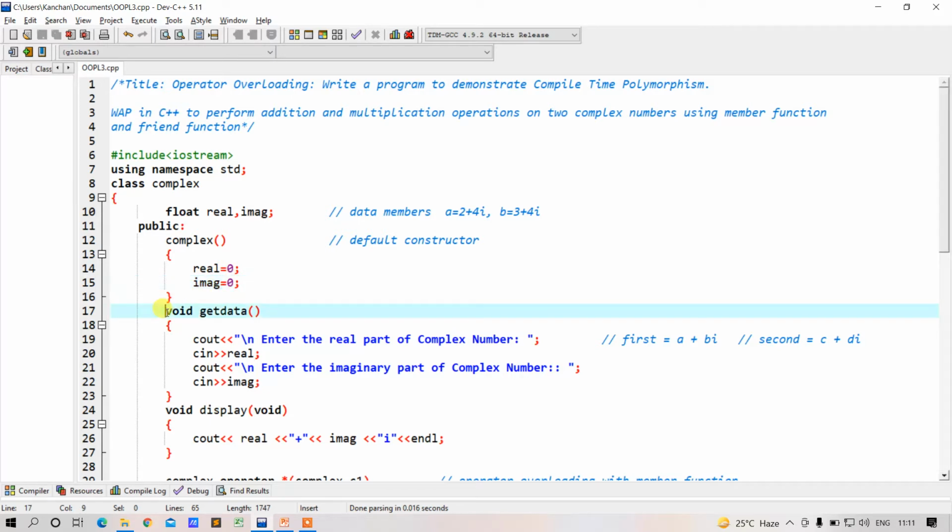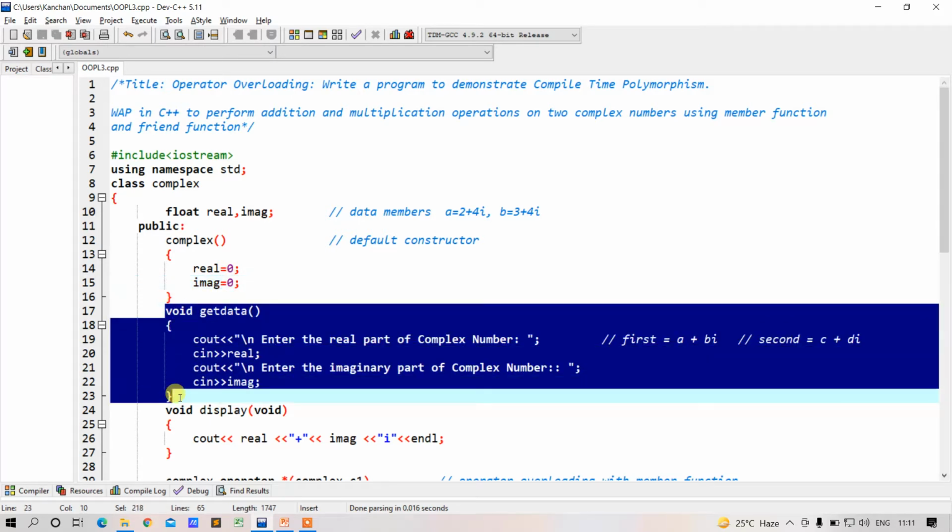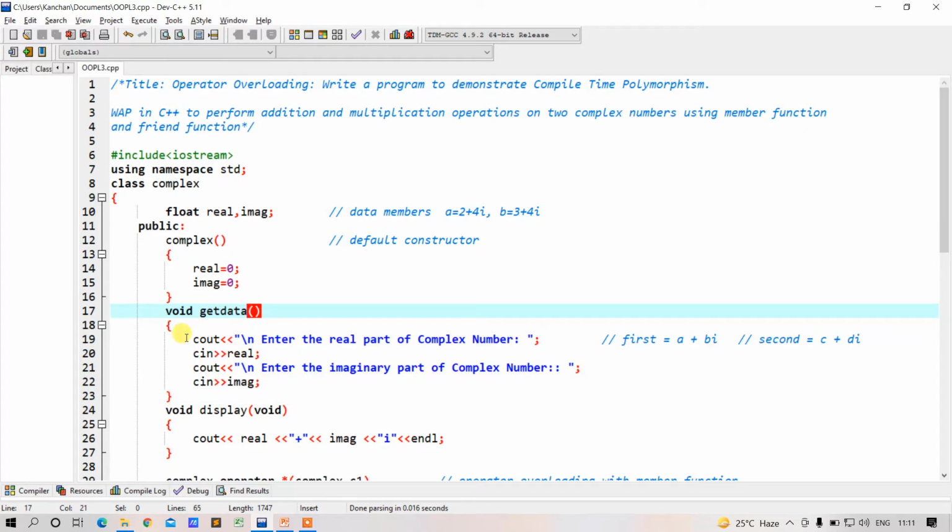Here we have one more member function, getData, which will help us take the input from the user. When I take the first complex number from the user, I have to accept the real part and the imaginary part of the first complex number, and the same getData function will be used to take the second complex number, which will also have a real part and an imaginary part.